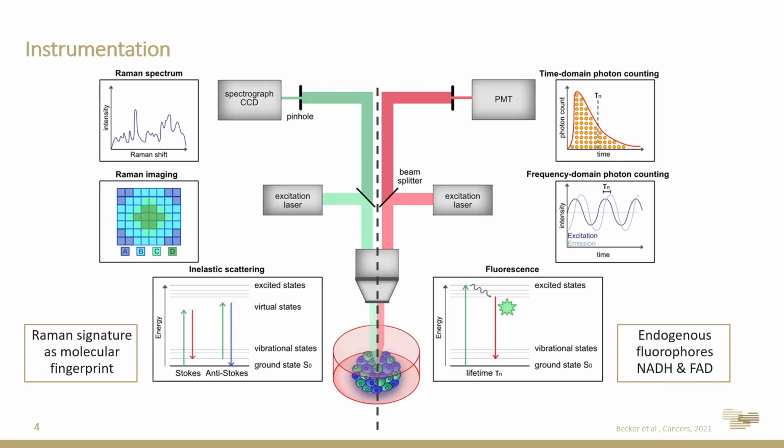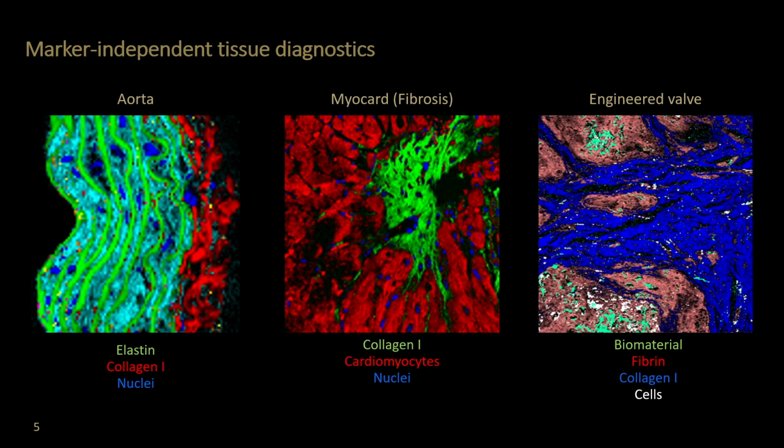We did not start with these technologies right in chip, so we first had a look at tissue samples, tissue sections, similar to histopathology, but just so that you get a feeling of how these images can look like. So those are all false color-coded images. We do not need any fluorescence tag or dyes. This is just due to different molecular or spectral patterns that the sample emits. And we cannot only generate these nice images,